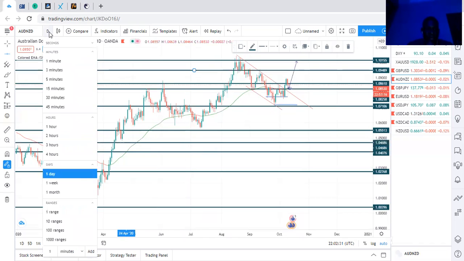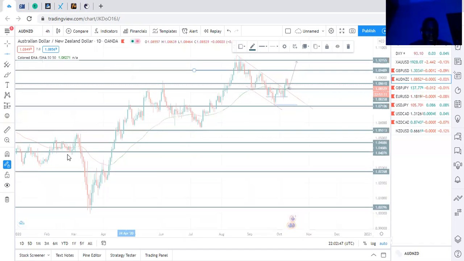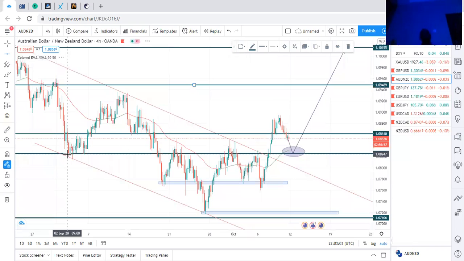So I'm looking to go long on this. If you're a new trader, going long means buying. Going long on a pair means to buy. If you want to go short on a pair, it means to sell. Going short doesn't mean you just scalp it. It's just the slang used for buying and selling. So I think I explained it.